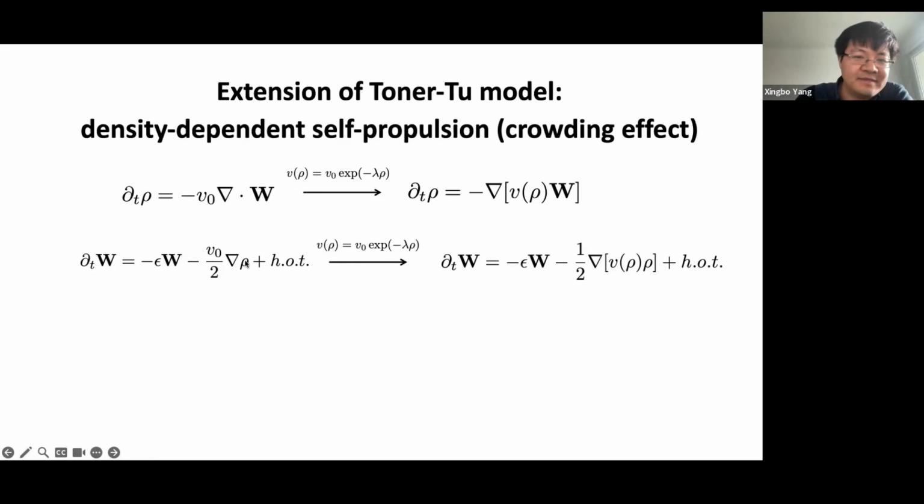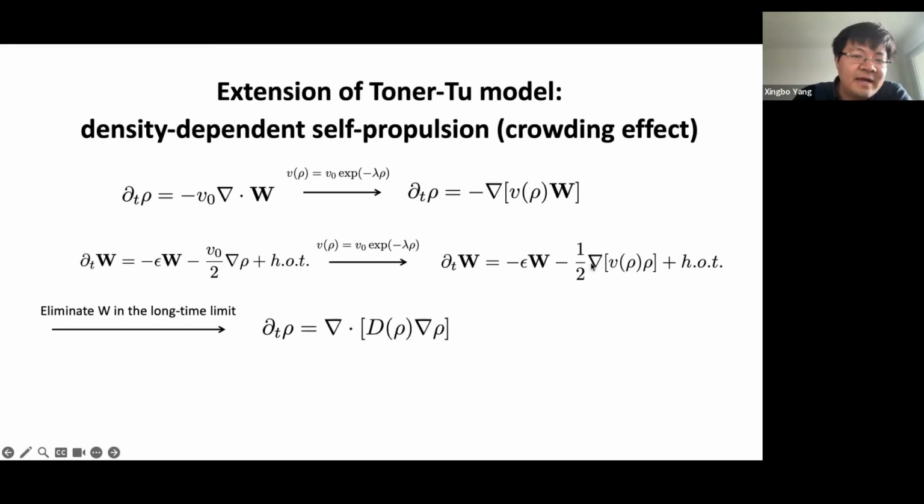Okay, that would make this the other velocity go into the gradient term. And then you say the polarization relaxes very quickly because there's no alignment anymore. And then you can eliminate this polarity field, and you can write down a single equation for density fields, where that would have this form where you basically have a density-dependent diffusivity,